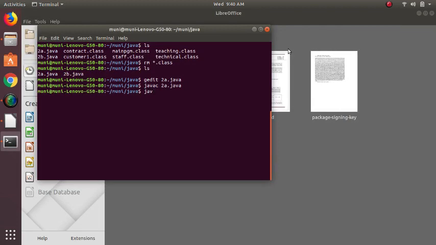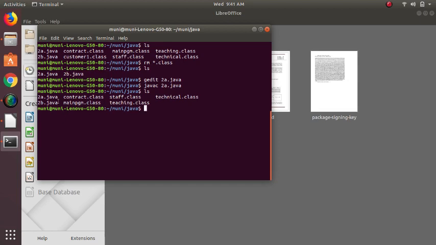Let us execute it. We need to know the classes, so let us find out what classes are present. You can see 2a.java is there, the Contract class, the Staff class, the Technical class, the MainProgram class, and the Teaching class are also present.